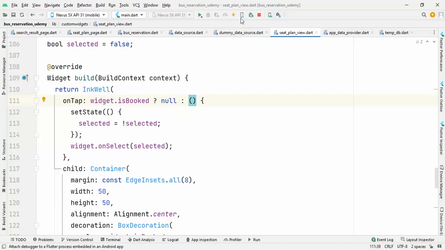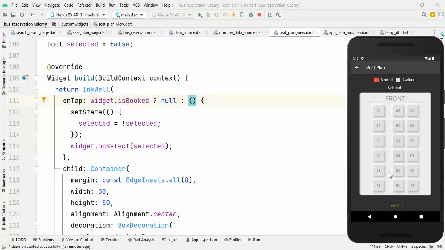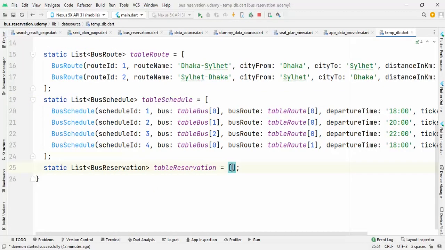And now I think everything is done, but whether it is working or not, for that we need to wait and we need to actually save some reservations in this database and then make the same search with the same cities, and we'll select the same schedule on the same departure date, and then we will see that there are some seats that are already booked in the previous step will be colored as red and user cannot select